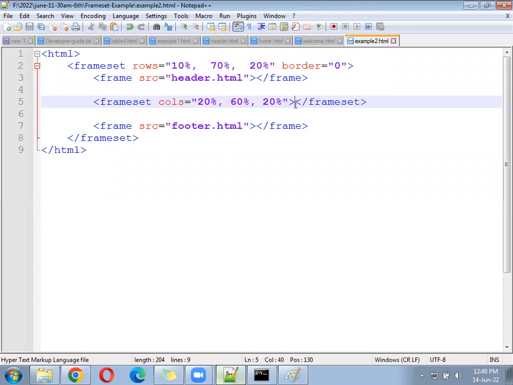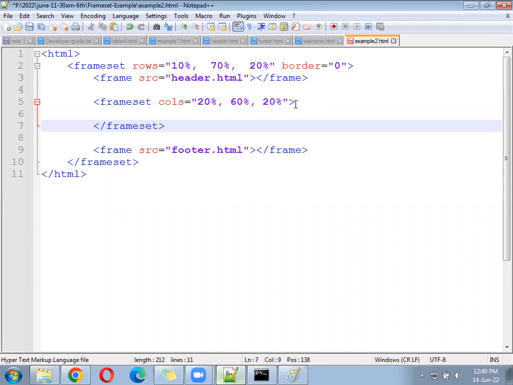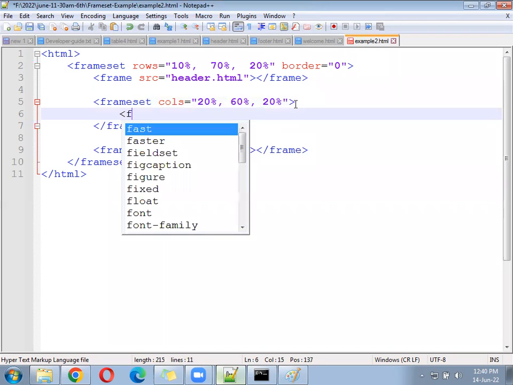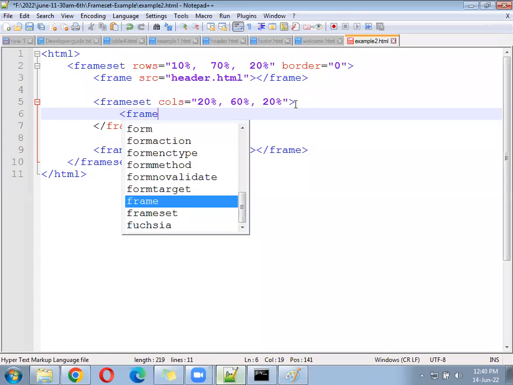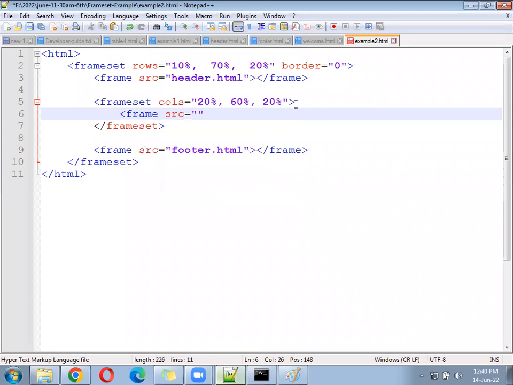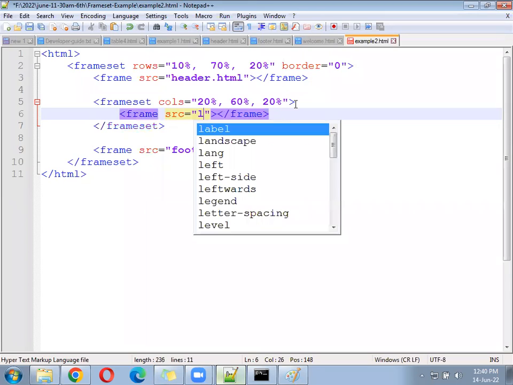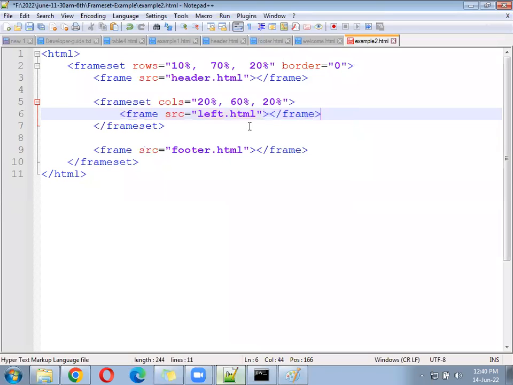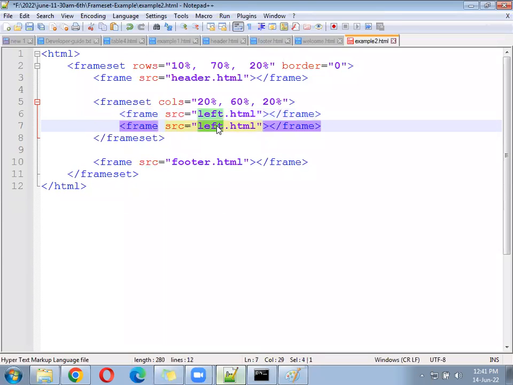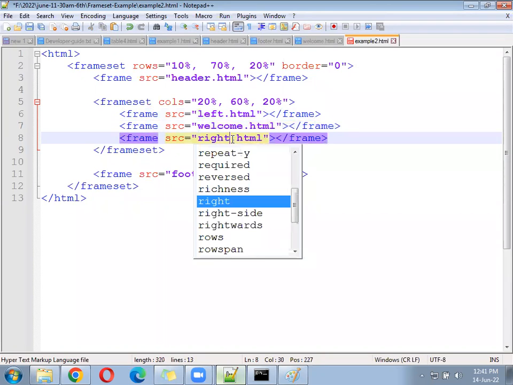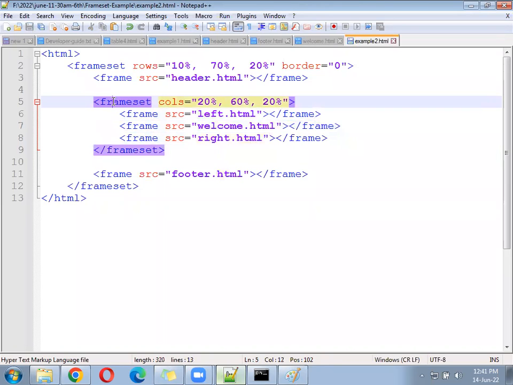Okay, now ready till here. Next, after that, we have to create one file. Suppose right here, frame src equal to left.html. Next, frame src equal to welcome.html. Next, frame src equal to right.html. Left, right, center. 3 sections we have. In that we call the